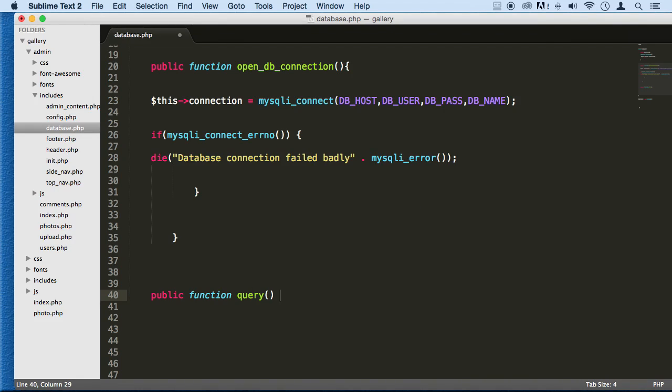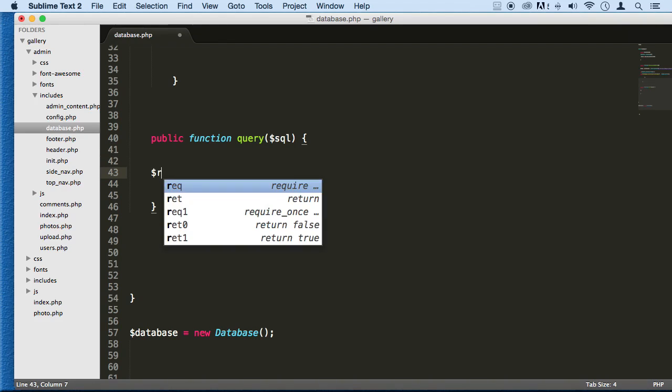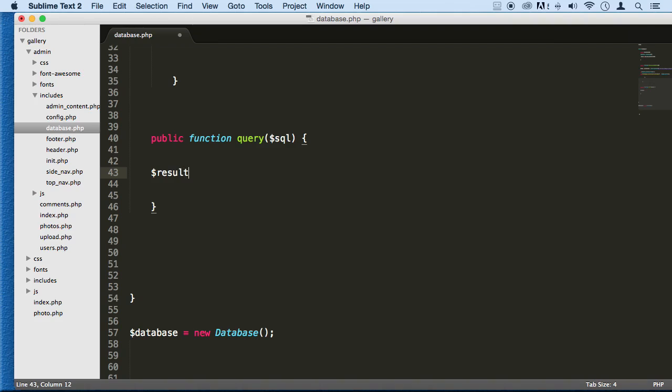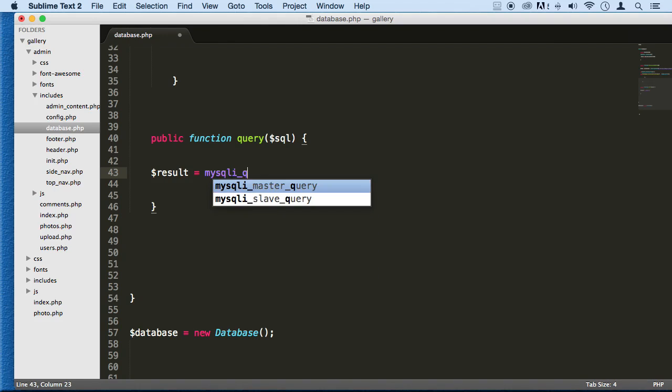And it's actually going to bring in the query from wherever we call it. So it's going to be whatever variable you want. I'm just going to call it SQL there. All right. Then we're going to have a variable to save that result set, and we're going to get it with the function mysqli_query. This function takes two parameters, and the reason why I'm going this fast is because you should